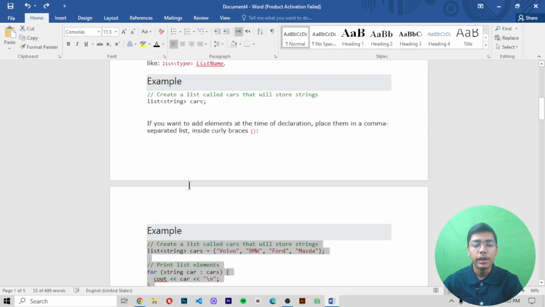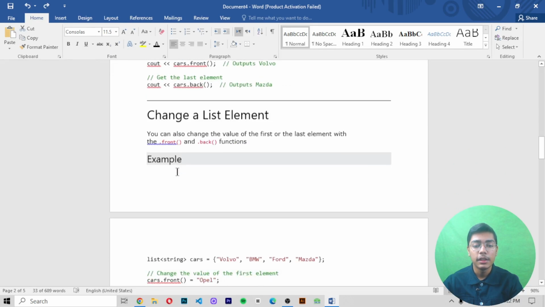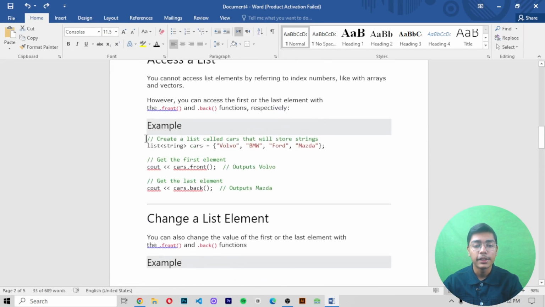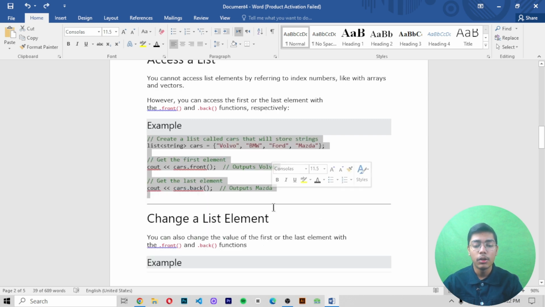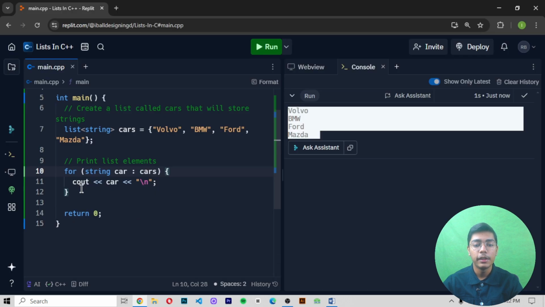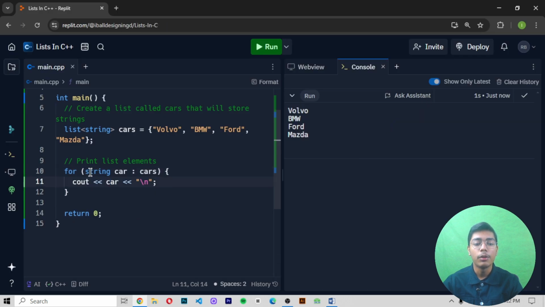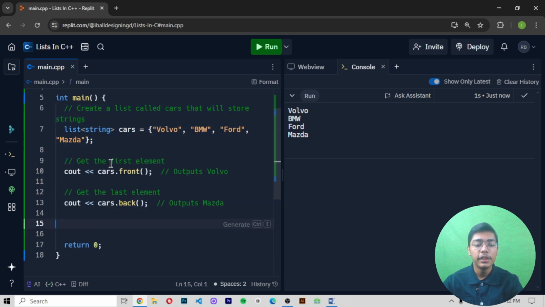So if I show you, you can see we have understood how to access a list. We will be moving down, and to access a list we will be using the same thing here. So I will now be copying this thing here and pasting it here, so that we can understand how you can access a list, if you want to. And I will be pasting in place of these things here. After pasting these things, if I print this, the first output you will be getting will be